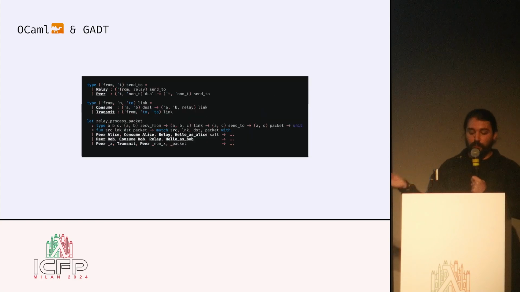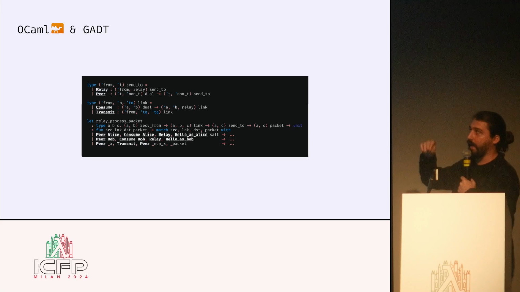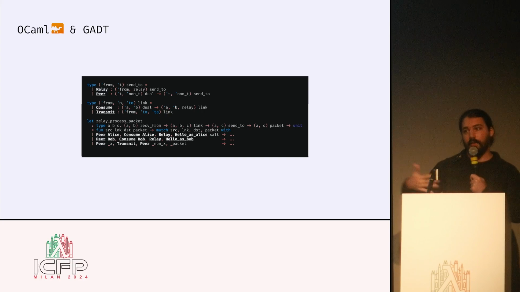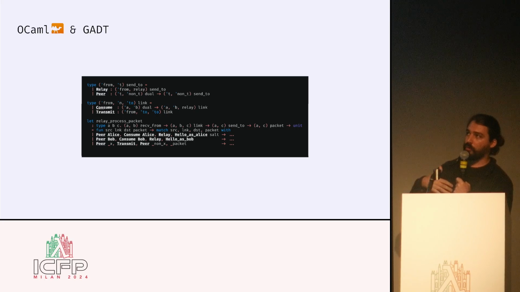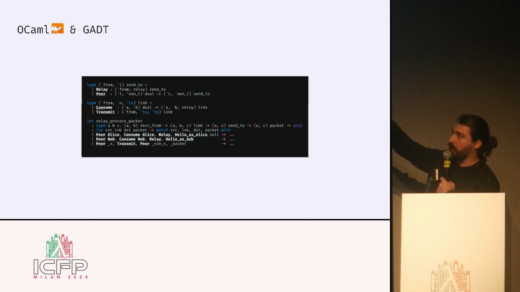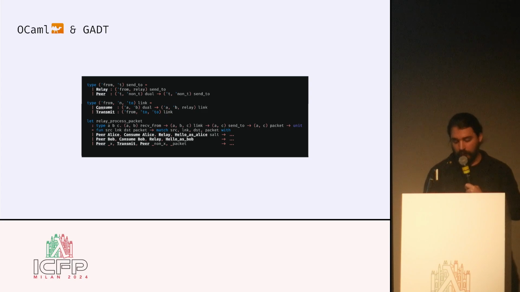The relay is a bit more complex because you want to receive some packets, so the special hello packet from Bob and Alice. And the last case is only transmitting a packet through the relay. So when Alice wants to talk to Bob, she talks to Bob through the relay. So we just need to put in this case of transmitting packets, and we don't care about the packet. And actually, if we really care, the X value is in fact the opposite, the non-X. So if X is Alice, non-X is Bob. And the GADT can say that.